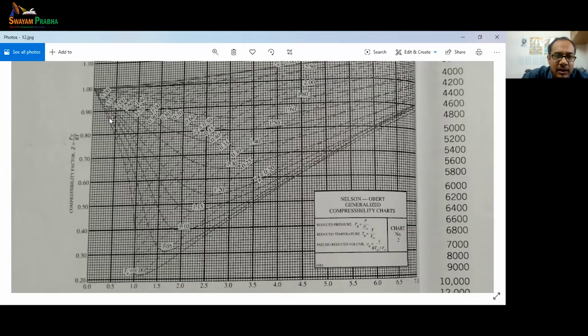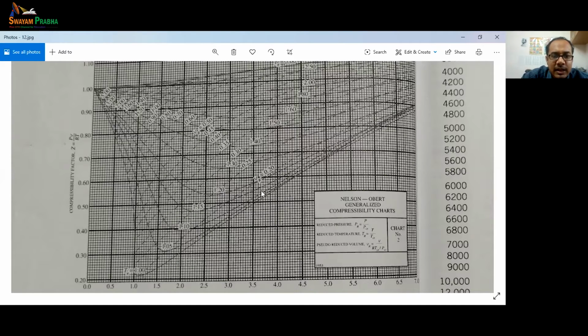Now, if you look closely, you see that there are two kinds of lines on this plot. One is these bent lines, which come like this and go that way. These are for different TR. You can see here TR equal to 1. TR is the reduced temperature; how we reduce it, we'll see in a while. For different TR we are drawing these lines: TR equal to 1, TR equal to 1.05, this one is 1.2, and so on.